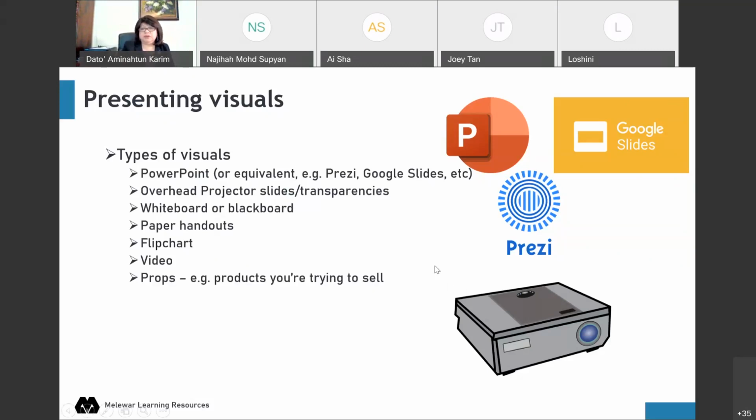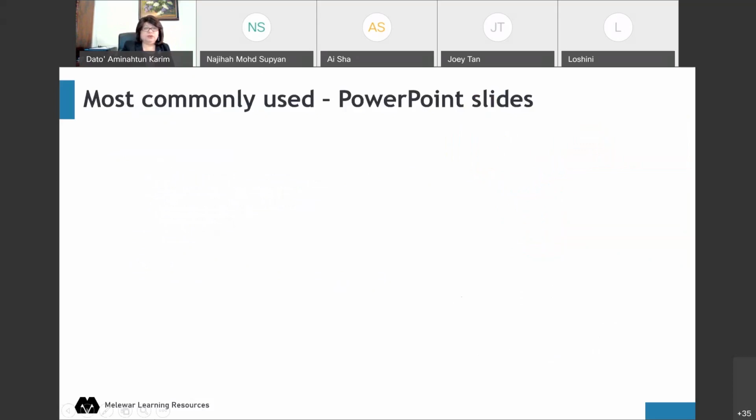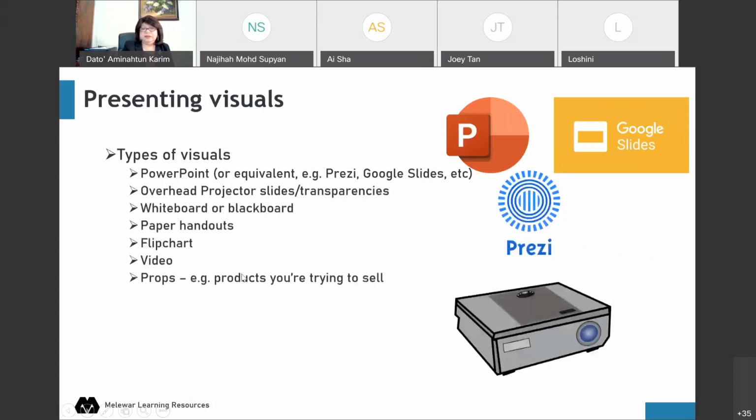Props, yeah, what you're trying to sell. Let's say you are trying to sell a laptop, right? And you bring it, you're presenting about this new laptop, you know, new age laptop, yeah? Like